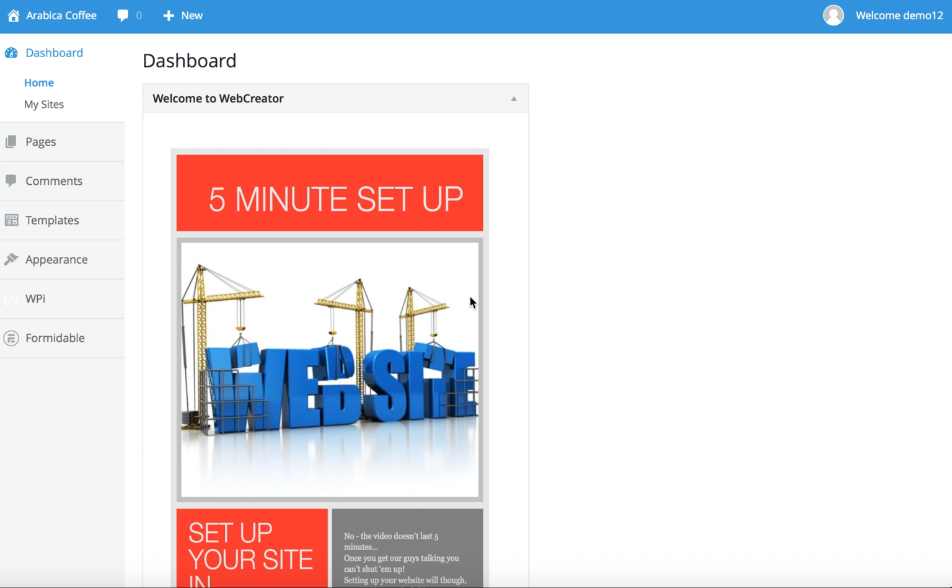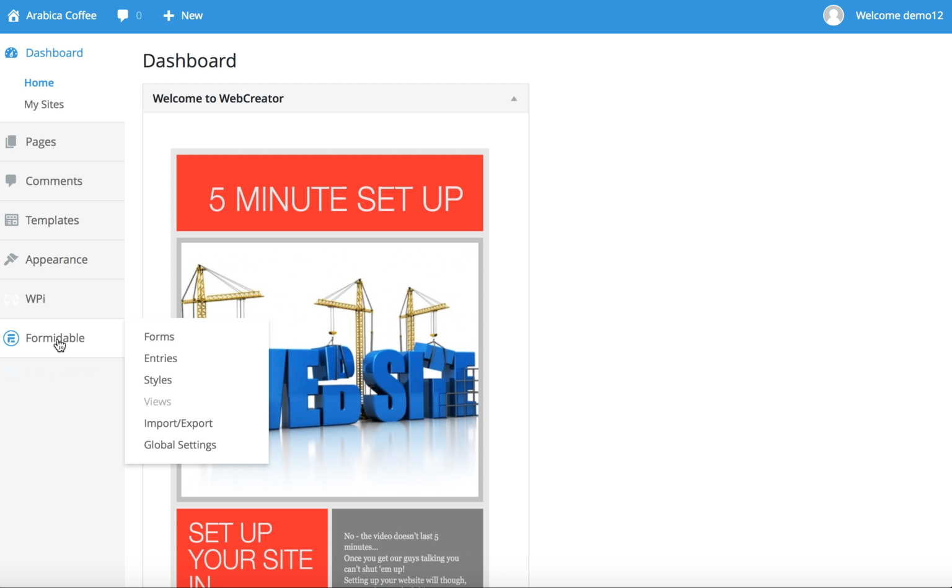Okay, so first step as always is the main dashboard. This time what we're looking for is the buttons on the left hand side, and there's one called Form Editable. If we click on that, then we can see a number of drop downs come out of it, and what we want to be looking for is forms. So we click on forms